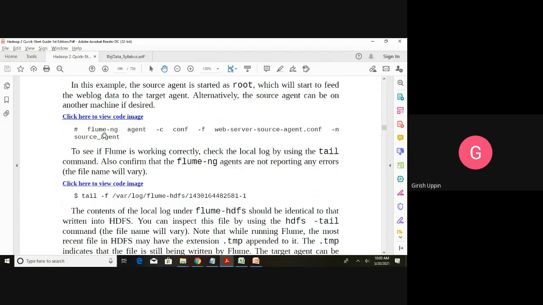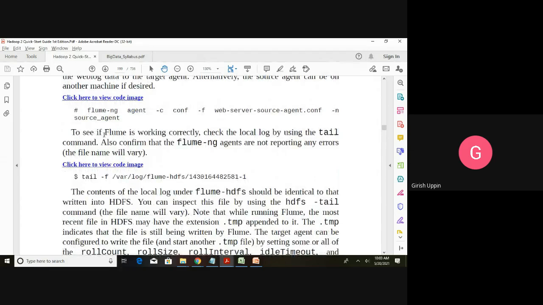Next, we will make sure that whatever we are getting using Flume is exactly the same as what has been written into the web logs. To see Flume is working correctly, check the local log file using the tail command. Also confirm the flume-ng agents are not repeating any errors. So how to check the file?